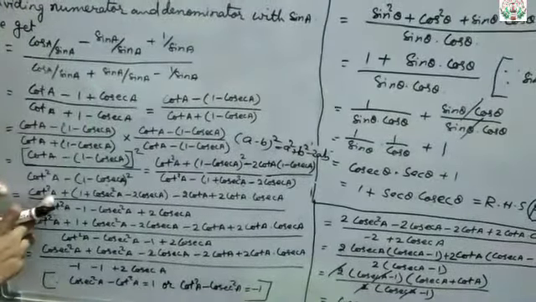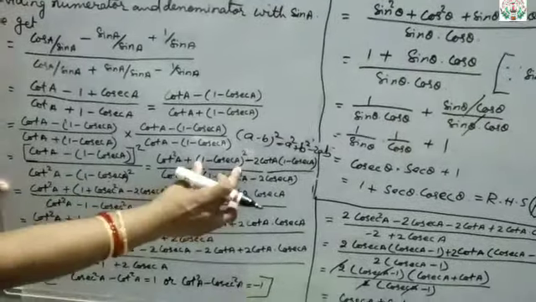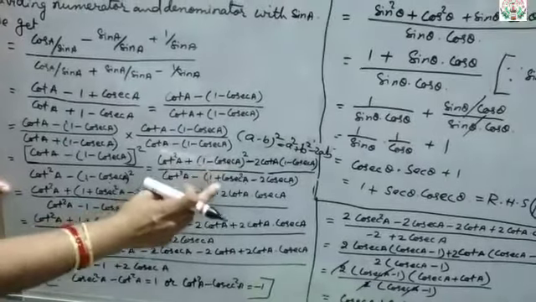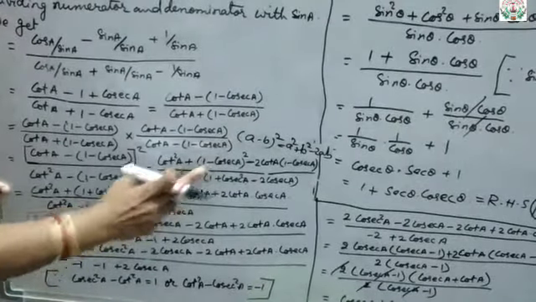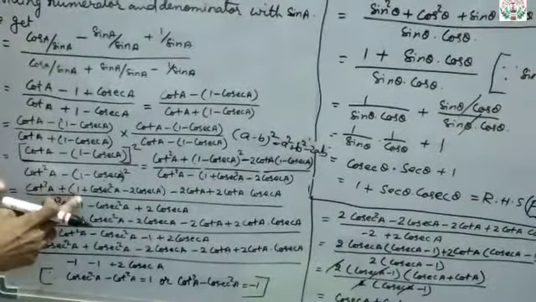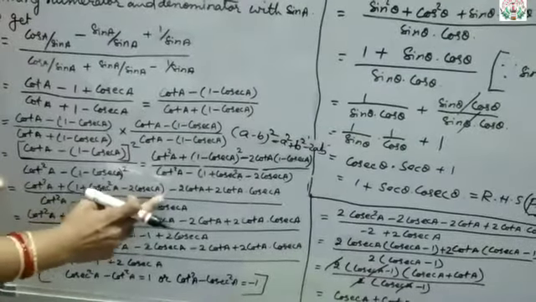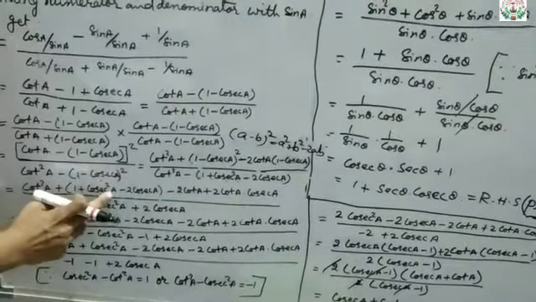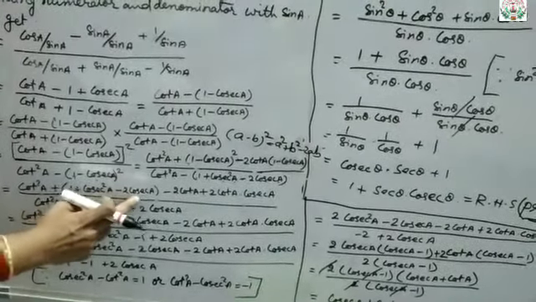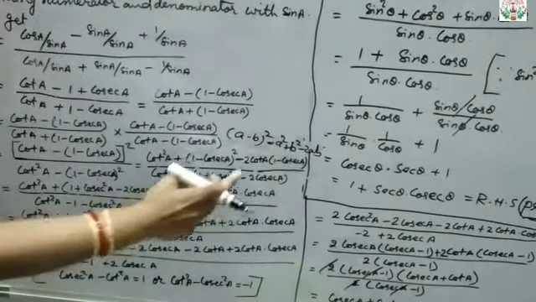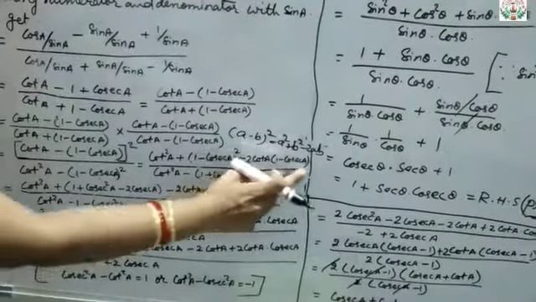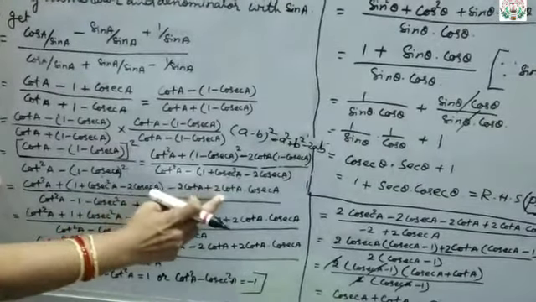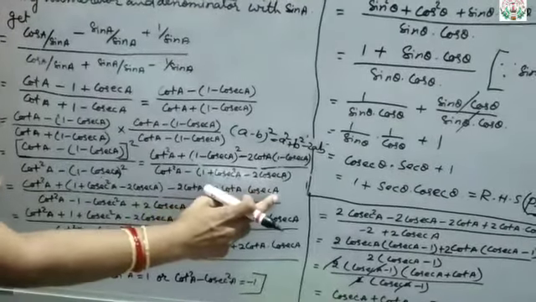That is cot square a plus. Now again here also you can see 1 minus cosec a whole square is given. So like in the denominator you will expand this also. So now put the formula, that is a square plus b square minus 2ab. That formula we will apply. So what our terms will be? 1 plus cosec square a minus 2 cosec a minus, what is in this, multiply 2 cot a to these two terms. So what it will be? Minus 2 cot a plus 2 into cot a into cosec a.